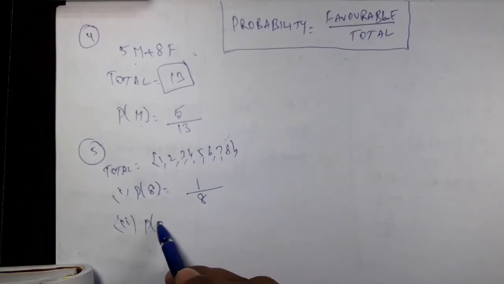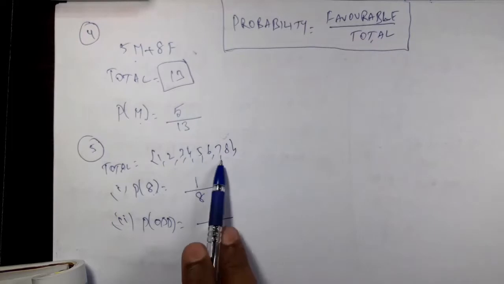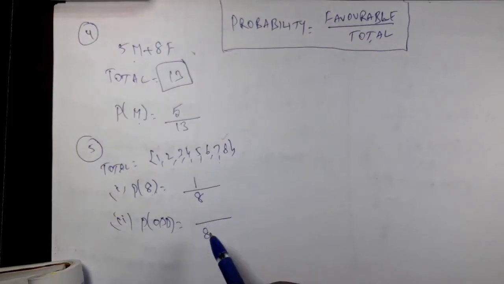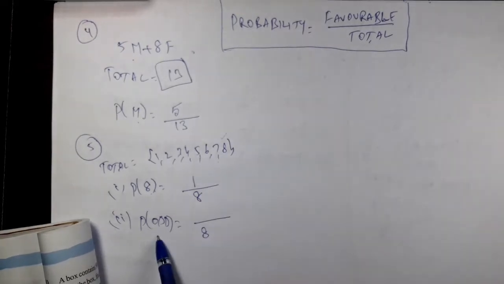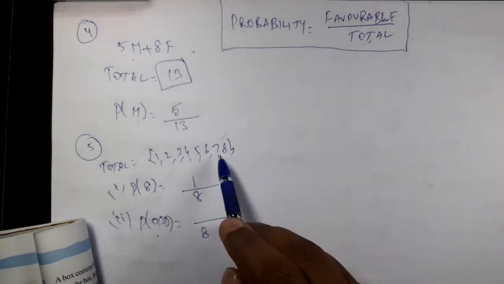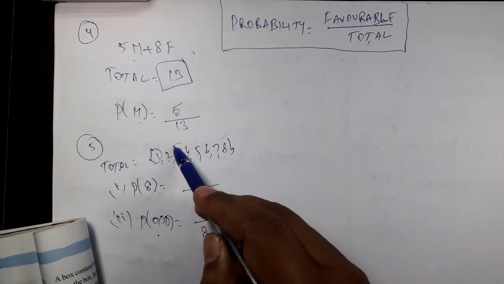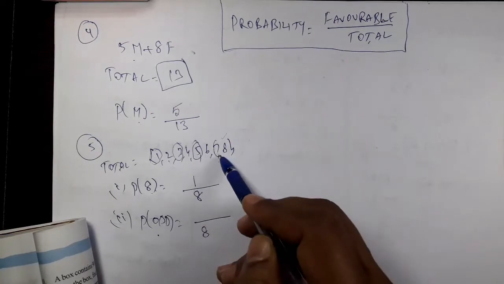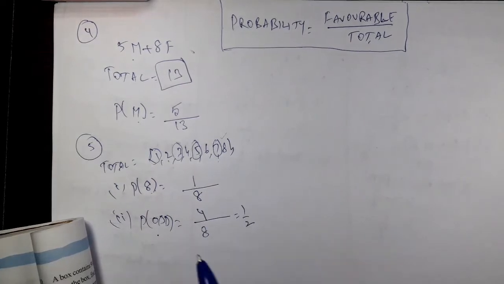Coming to second part. An odd number. Coming to probability of odd number you want. Coming to denominator, total. Total is 8. Coming to numerator. How many of these 8 are favorable to this event? Yes, this event means that should be odd. How many of them are odd? Yes, these 4 are odd, right? So 4 are favorable. 4 by 8 is the answer.